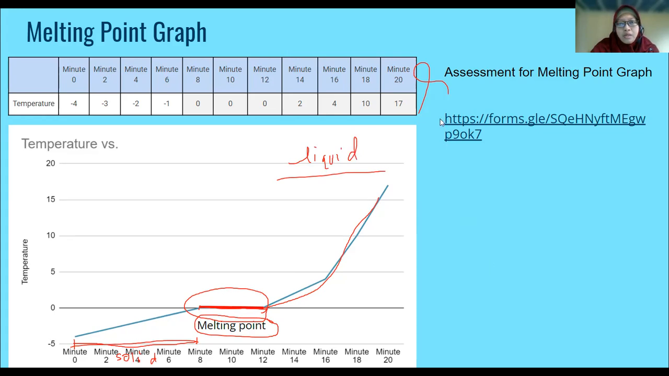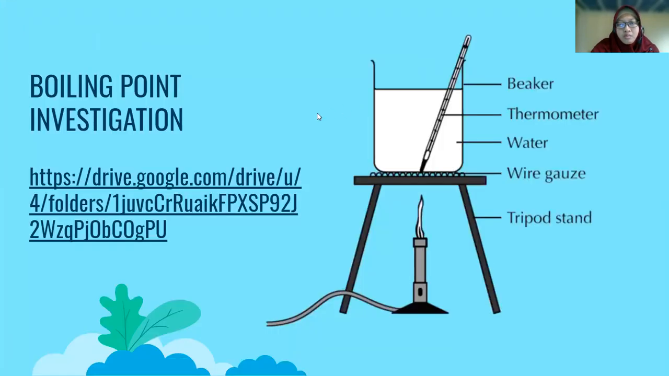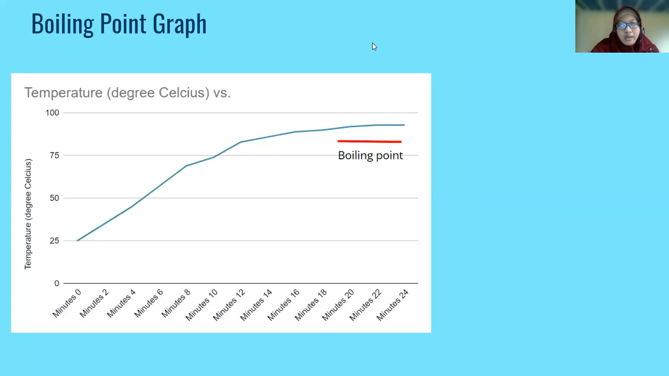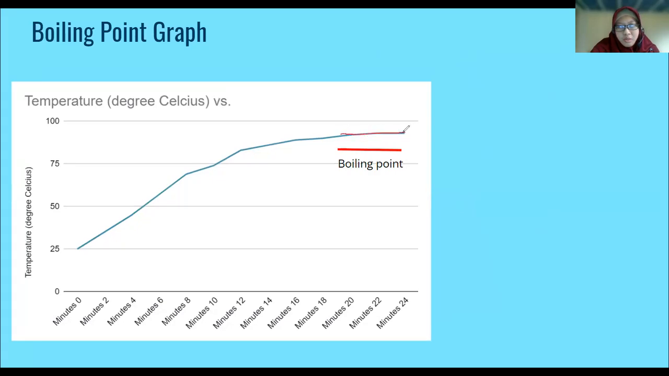How about the boiling point? This is the boiling point instrument setting. Okay, the data is not really as good as the melting one, but let's make it clear that this is the boiling point. So the temperature is rising, and then after certain minutes, the temperature stays still,